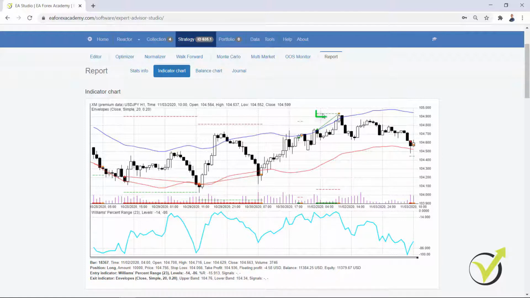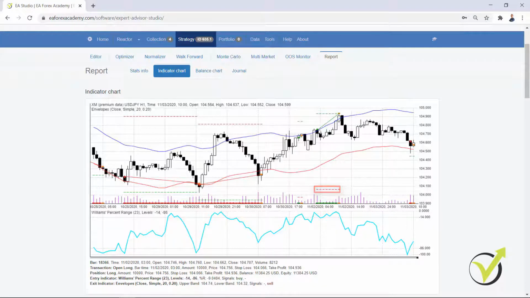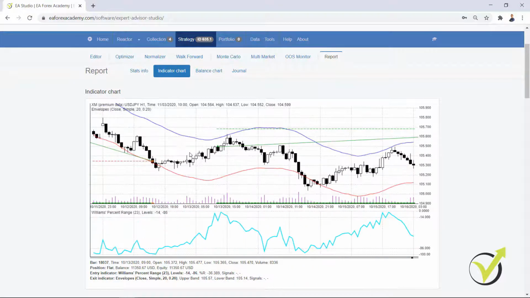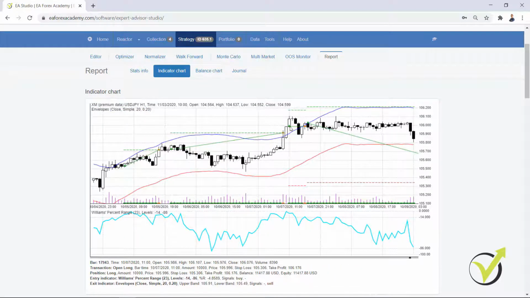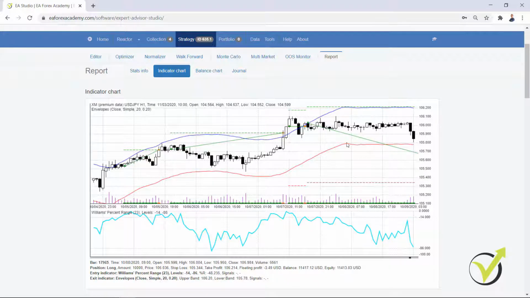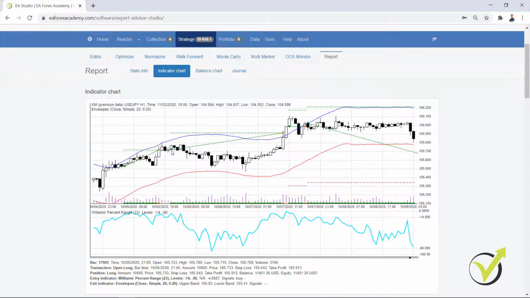These small green lines are the take profit. Here is the stop loss. The trade was opened and here it was closed. Okay, I will just scroll a little bit more. You can see here is a long trade that closed, I guess, on 0. This is a negative trade. Okay, here it is. It was a long trade, a buy order, but it went negative. Here is a positive one.